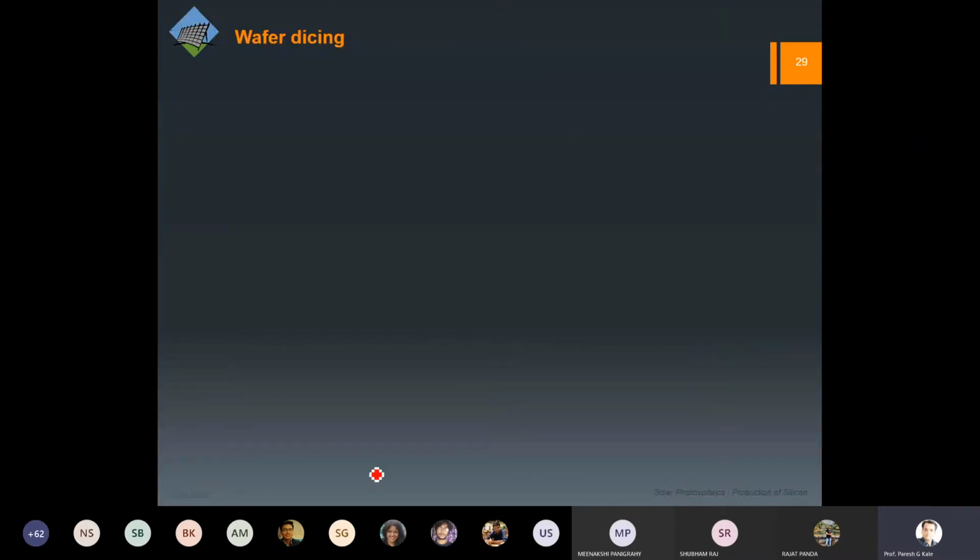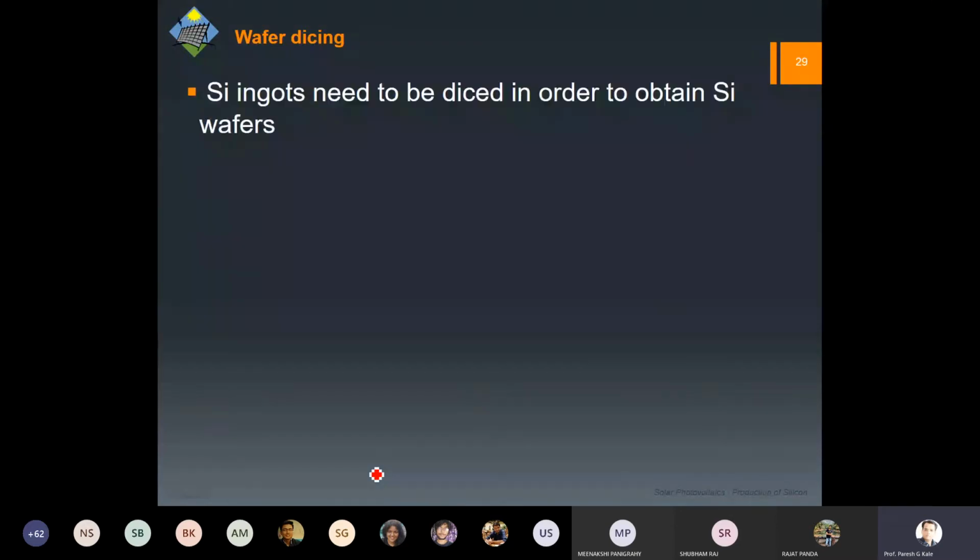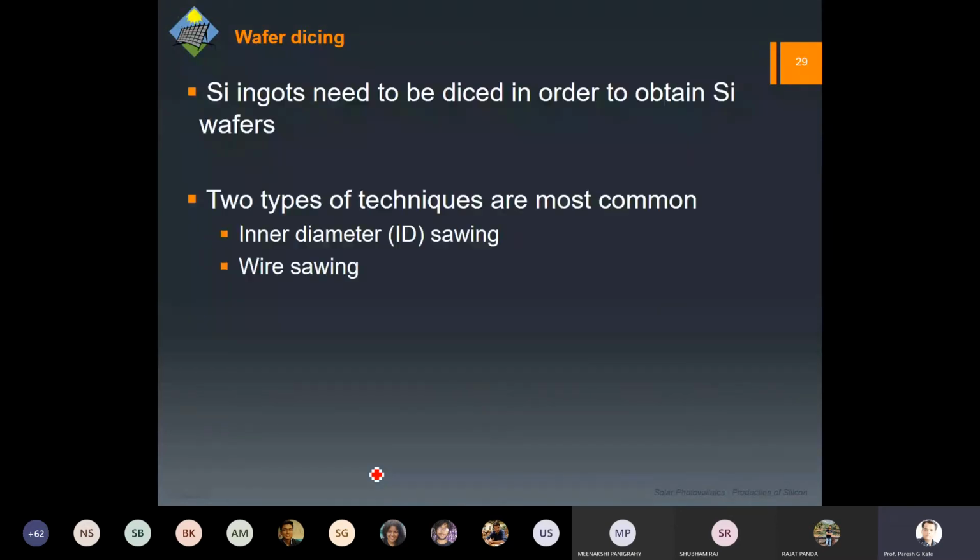Now, obviously, it doesn't matter whether it is multicrystalline or monocrystalline. It's a big block weighing hundreds of kg, and that is what we don't want. Just to give you an idea, I think I have already told you that a typical solar cell will be about 150 micrometers thick, right? So these blocks are too thick for that. So obviously we have to dice it into wafers, so that we can get the thin wafers.